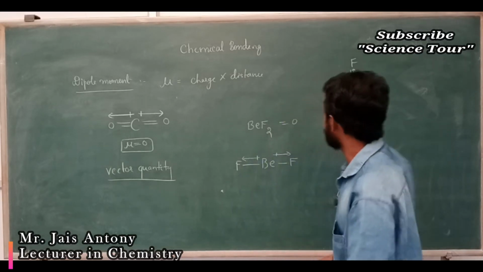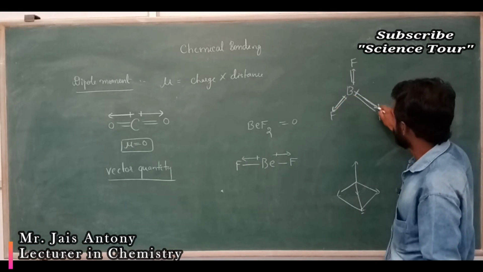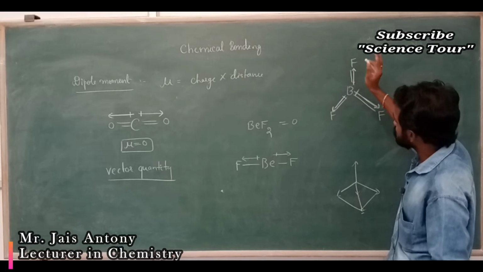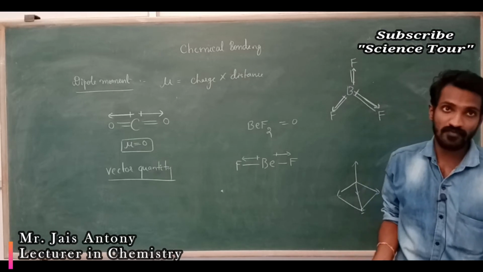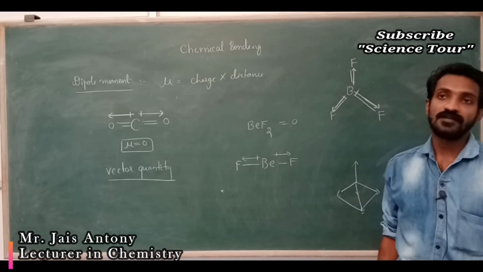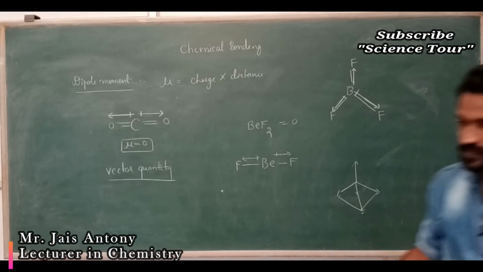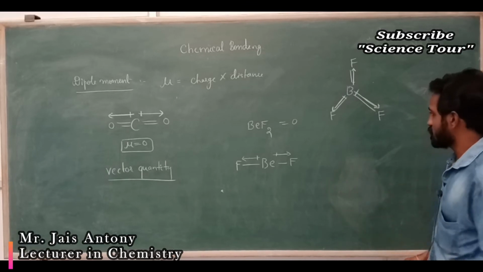My dear students, it's very simple. Here this dipole moment is to this side, this dipole moment is this side, and these two get cancelled. But one more dipole moment is shown here, which is in the upward direction. Is there any dipole moment in the downward direction? Then only this shows zero dipole moment. That we will find by using the parallelogram diagram. My dear students, we will draw a parallelogram for this particular one.